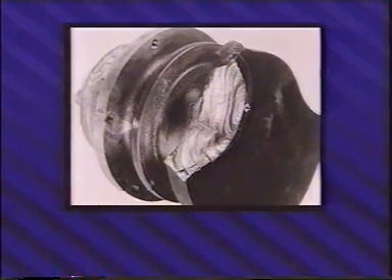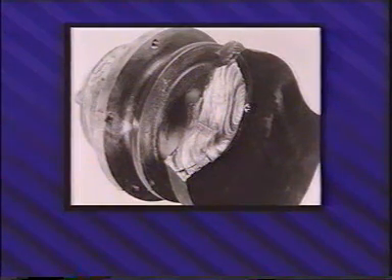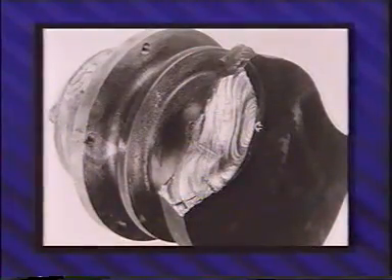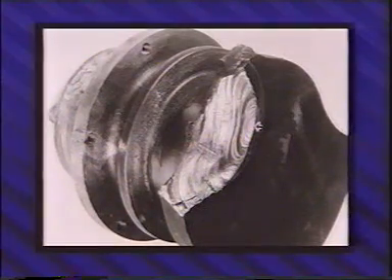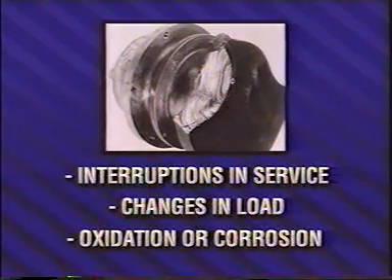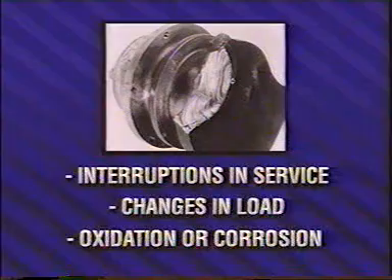The most common macroscopic feature characterizing many, but not all, fatigue fracture surfaces are the beach marks. Beach marks are centered around one or more sites corresponding to the fatigue fracture origin. When present, beach marks provide valuable information: the point of origin, the relative load intensity, and the crack dimensions at final failure. However, fatigue fractures will show beach marks only if one or more of the following factors were present: interruptions in service, large changes in loading magnitude or frequency, or oxidation or corrosion of the fracture surfaces during rest